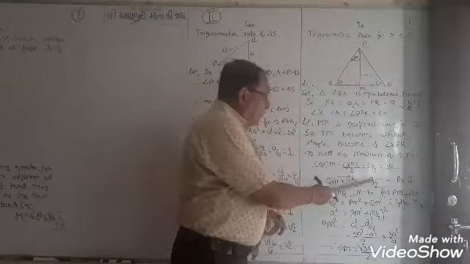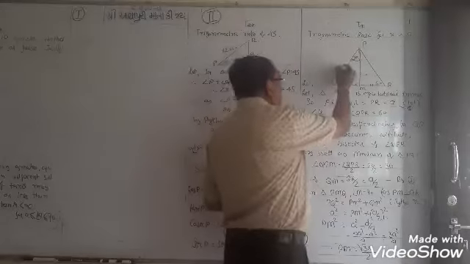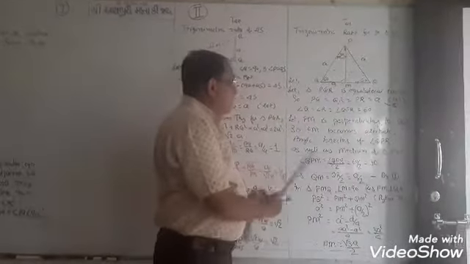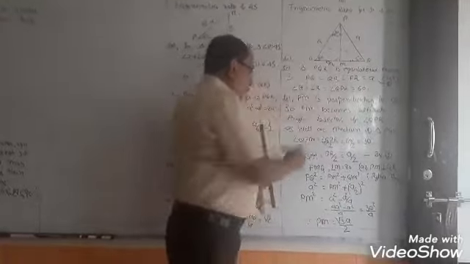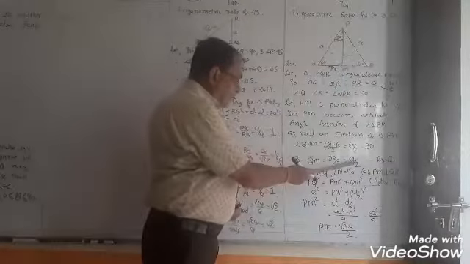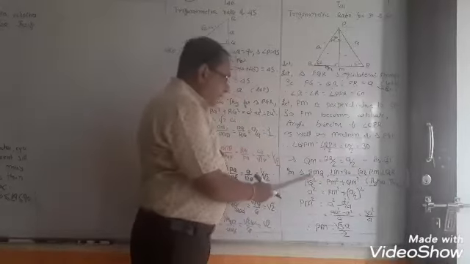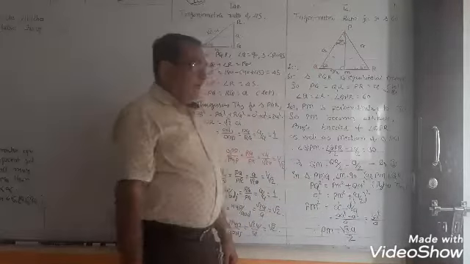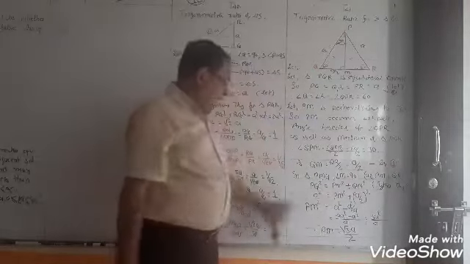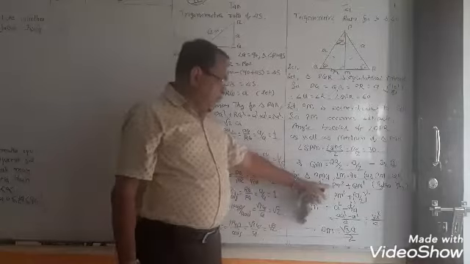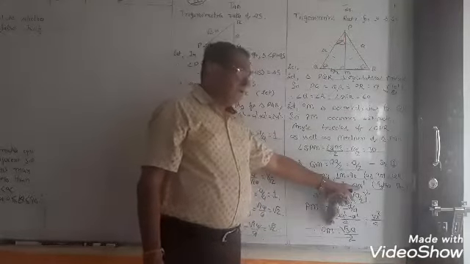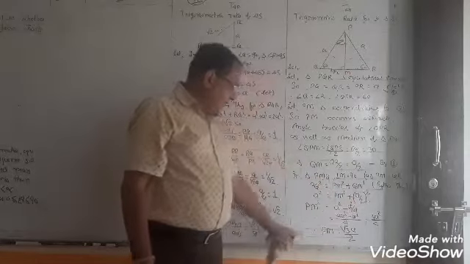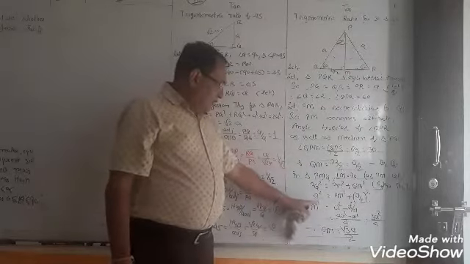That is your 30. QM is equal to QR upon 2, that is A upon 2. This one is A. That one is A. So that one, QM, is equal to A by 2. In triangle PMQ, M is equal to 90 as PM is perpendicular. By the Pythagoras theorem, PQ square is equal to PM square plus QM square. A square is equal to PM square plus (A upon 2) whole square.